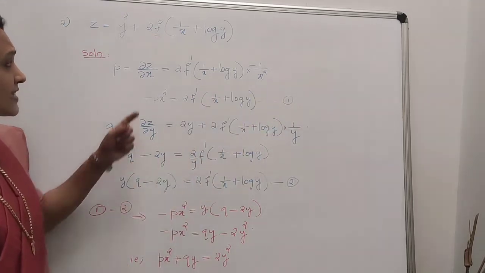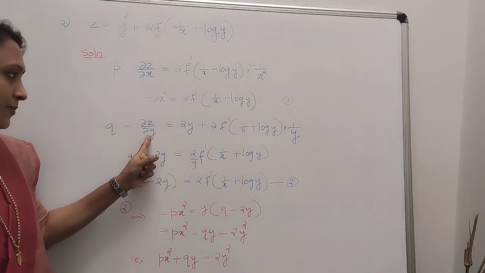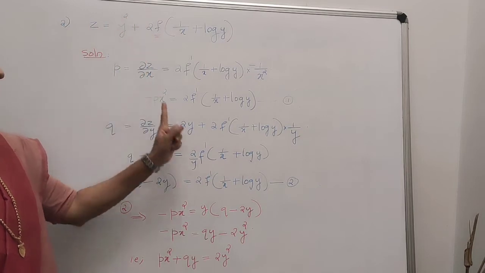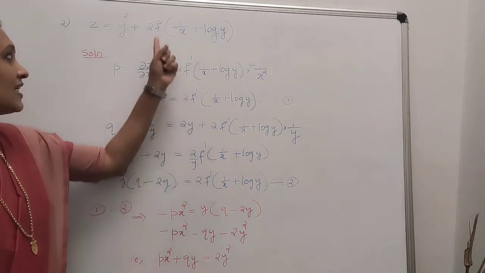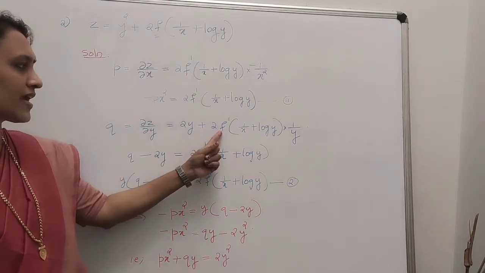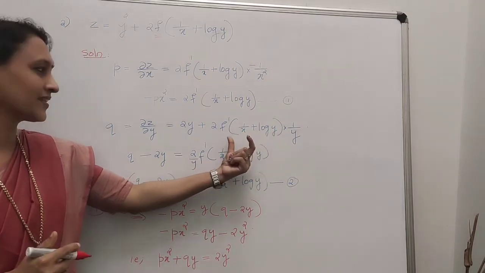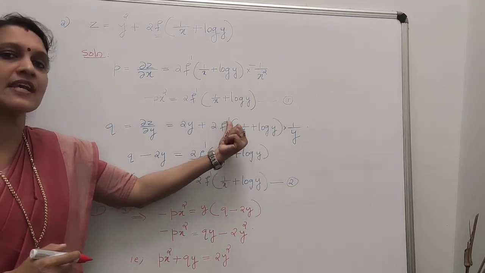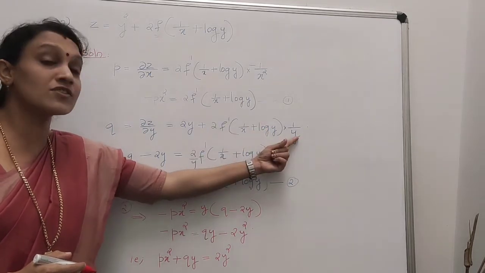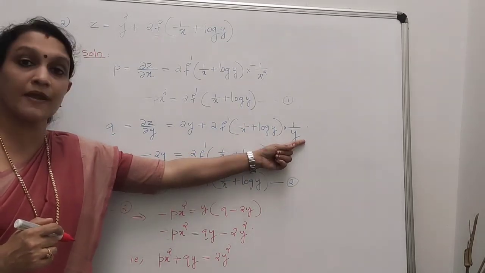equation 1. And similarly, the given equation is differentiated with respect to y, and we know dou z by dou y is denoted by small q. In this case, what will be the first term? y square, derivative is 2y, plus 2f of something, derivative 2f dash of something. Something means the term inside the bracket, I simply call it something. So f whose derivative is f dash of something, again something whose derivative. What is the something here? 1 by x plus log y. Whose derivative with respect to y?